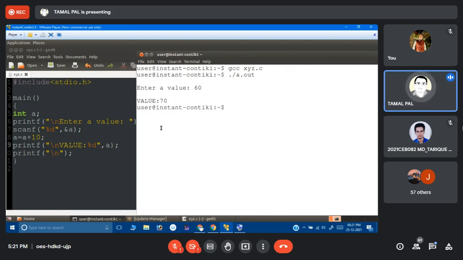So I think you have some basic knowledge of how to execute a program. Some of you were asking a little bit earlier how to run it, or what to put in the enter a value statement. Do you have any query right now? If you have, you may ask. Okay.